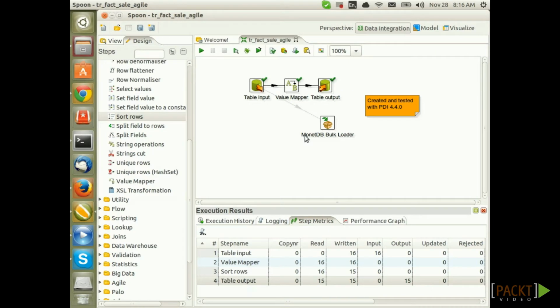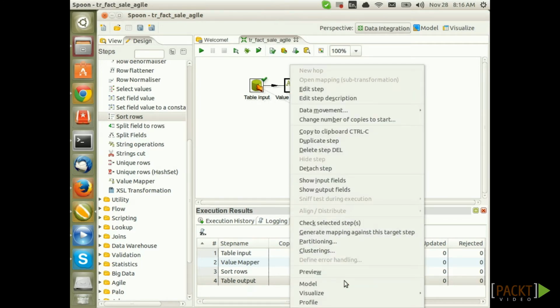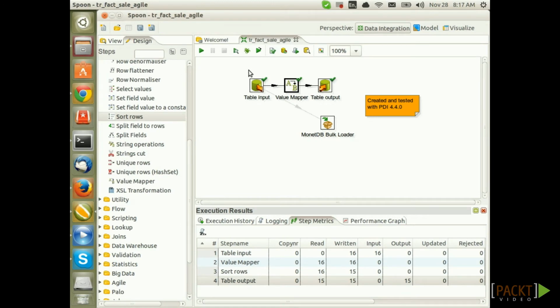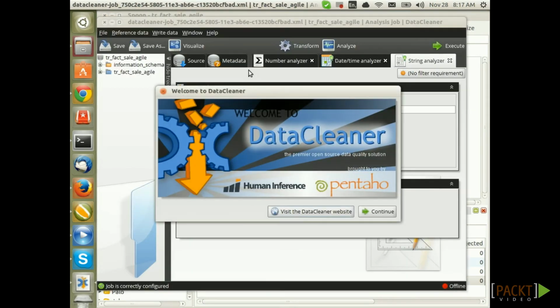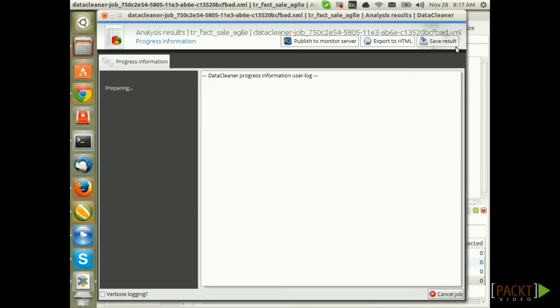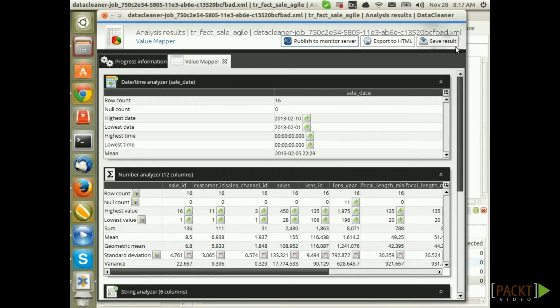You can use the Data Cleaner on any step, which is really good. In our case, we want to analyze the data on the value mapper in example. Right-click on this step and choose Profile, which will bring up the Data Cleaner interface. Once launched, Data Cleaner provides various analysis options by default on your data points. You can just click the Execute button in the top right-hand corner, and the report with detailed statistics will be